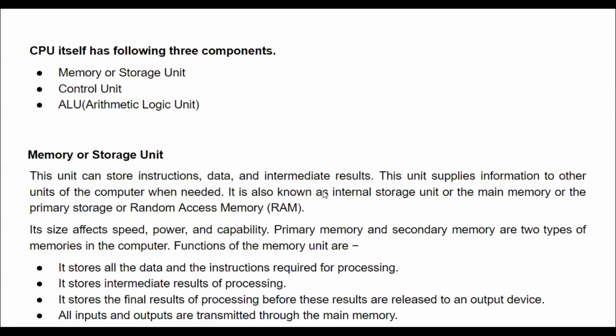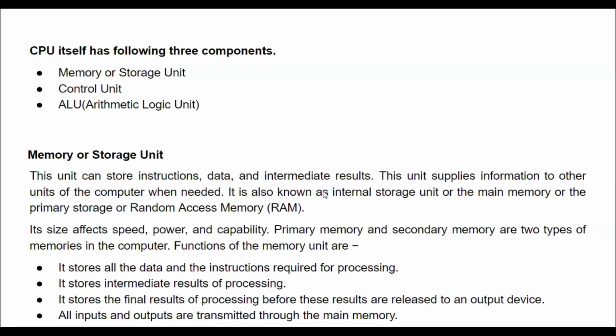It is also known as the internal storage unit, the main memory, the primary storage, or random access memory, which is the RAM. So its size affects speed, power, and capability. The primary memory and the secondary memory are two types of memories in the computer. So the functions of the memory unit are,